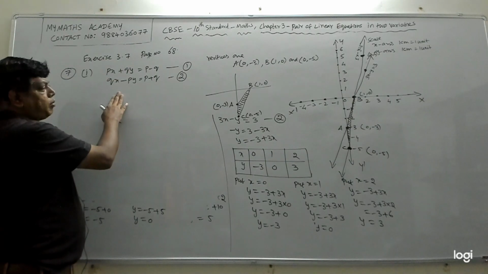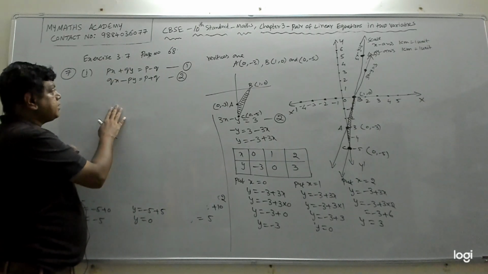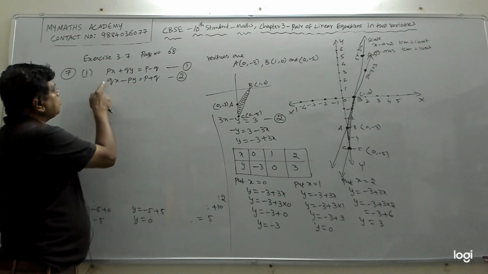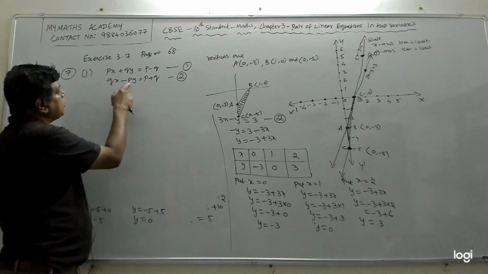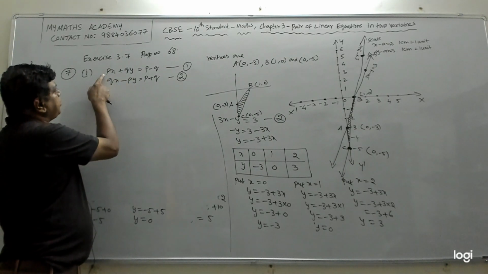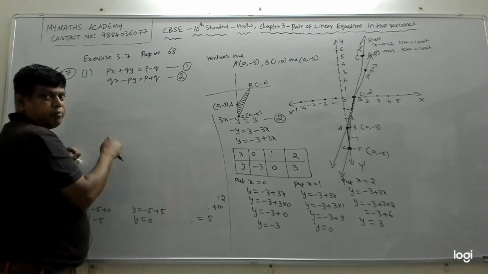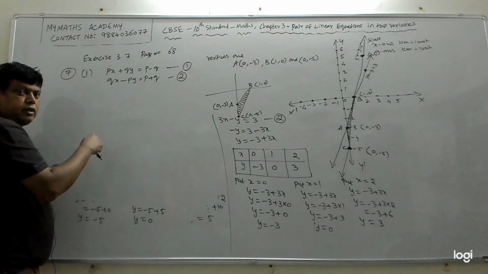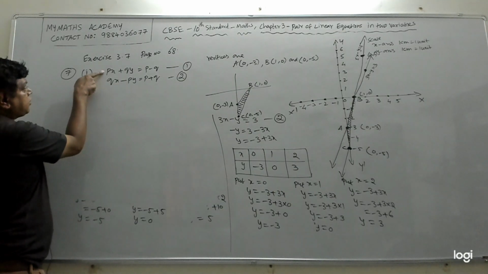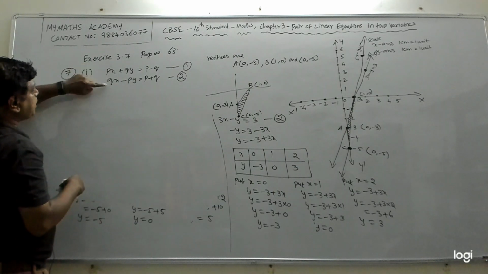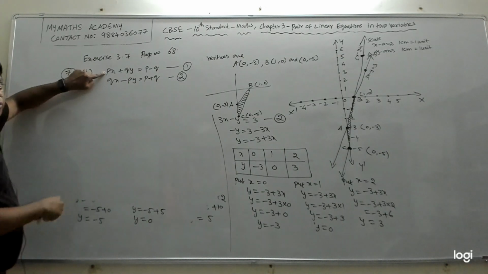Now again, we will solve by the elimination method. That is always easy. For the elimination method, we should make sure that the coefficient of x is the same or the coefficient of y is the same. The coefficient of x is P here and Q there; they are not the same. Here it is Q, here it is P; they are not the same. So we should multiply the first equation. If I multiply the first equation by Q, then this will become PQ.